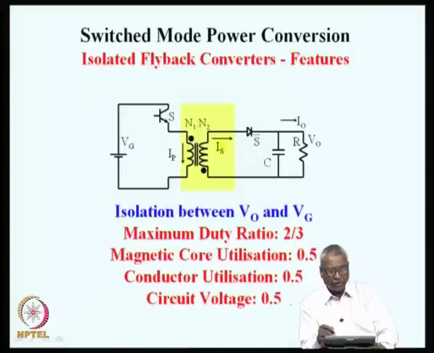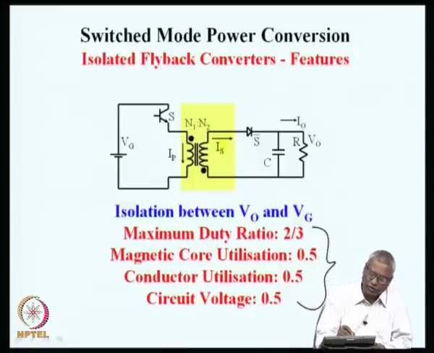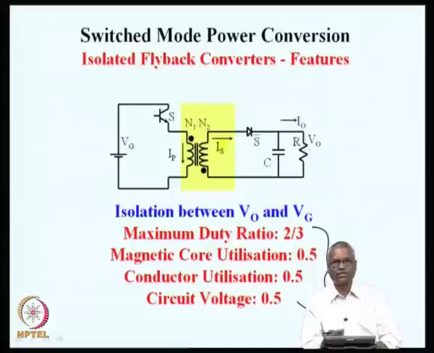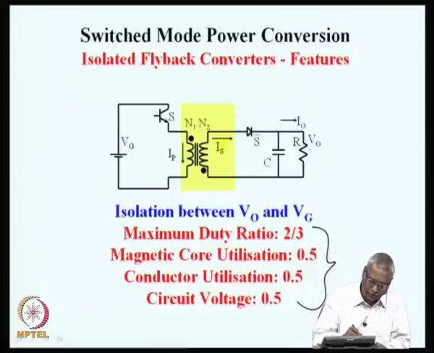And because of these limitations, the isolated flyback converter is normally used at low power levels. At very low power levels, this is practically the de facto circuit topology, because this is the simplest one with only one electromagnetic element and then a capacitor and the output resistor. At small power levels, this is the most economical circuit design.